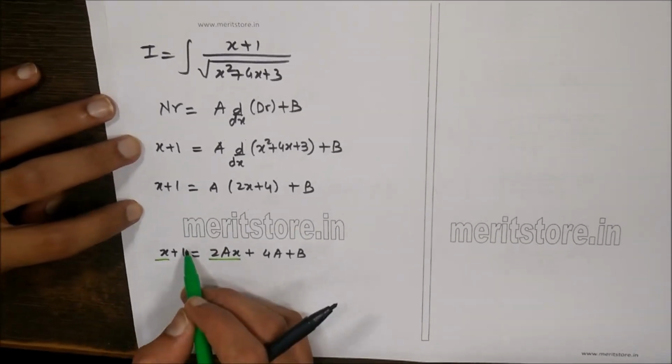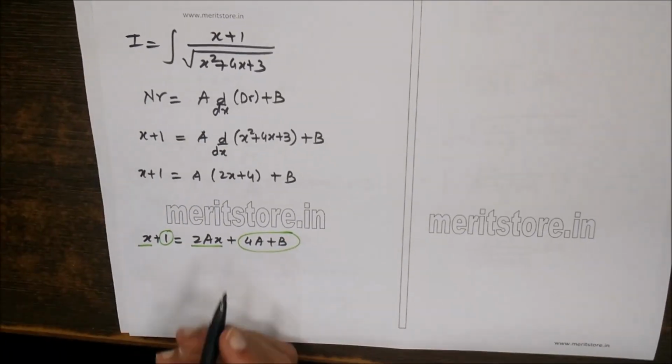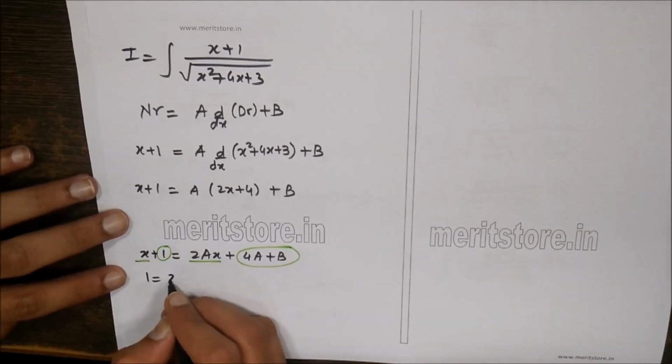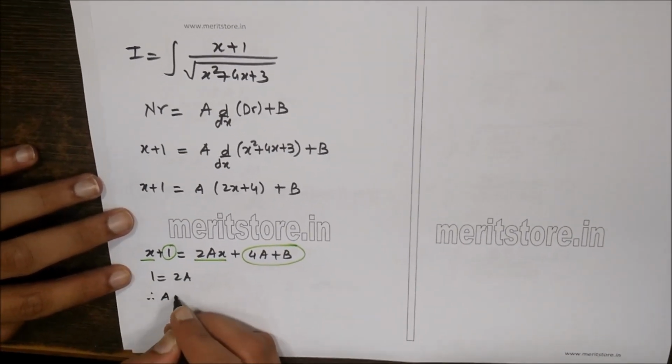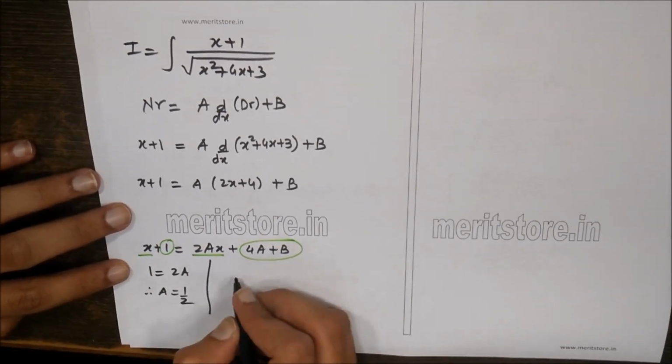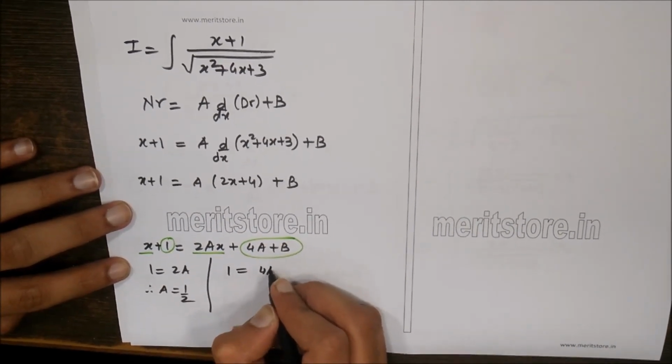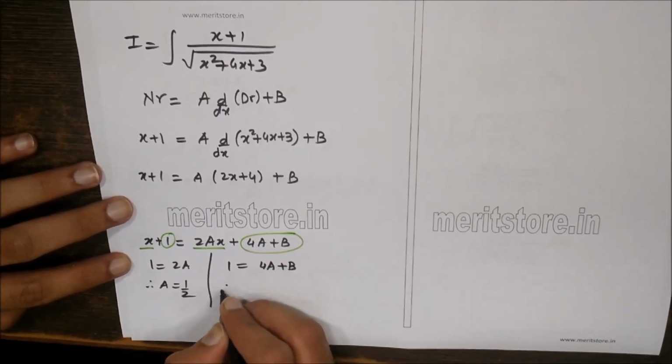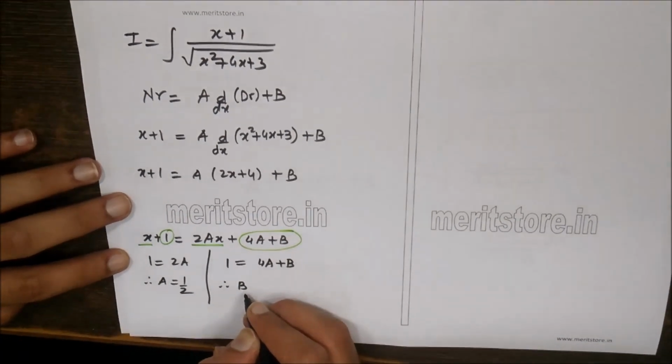Equating the like terms, 1 equals 2a and therefore a equals half. 1 equals 4a plus b, therefore b equals